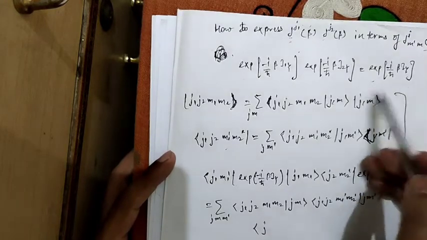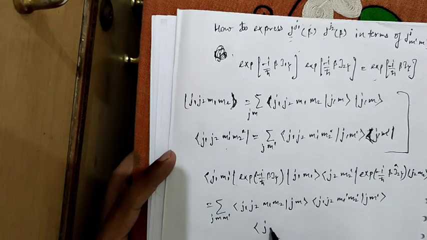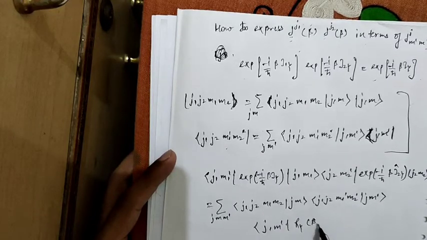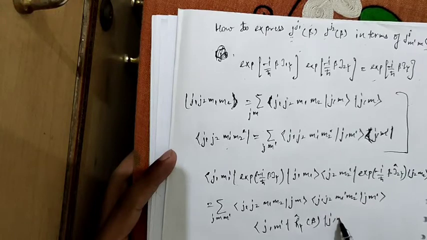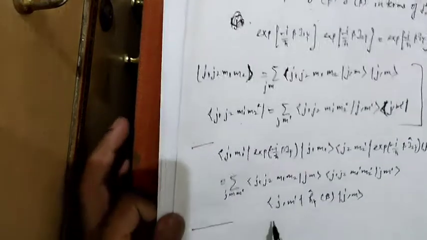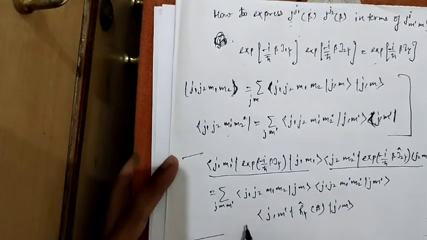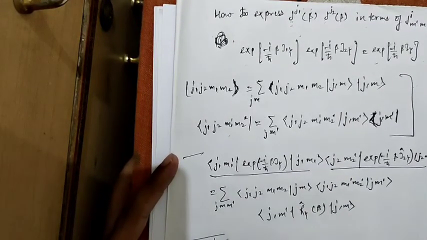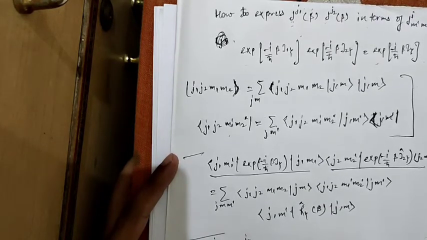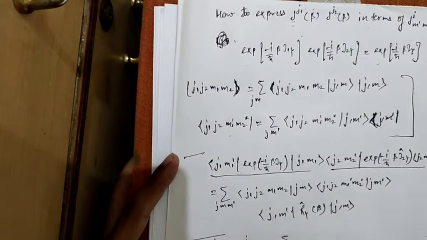And this is nothing but the rotation about the y axis with an angle beta. So I am writing this as bra jm dash, rotation y beta, ket j comma m. Okay, now these terms are familiar to us, that they are nothing but the value of dj1 m1 dash m1, another one was the value of dj2 m2 dash m2.